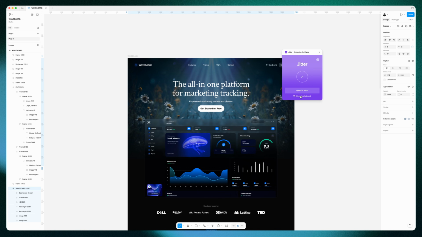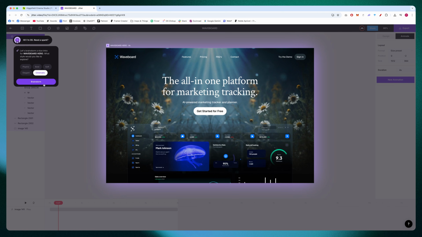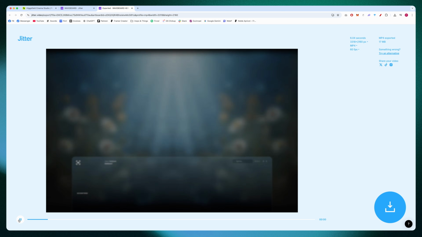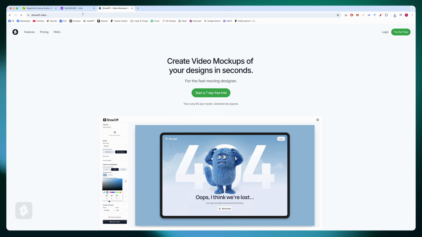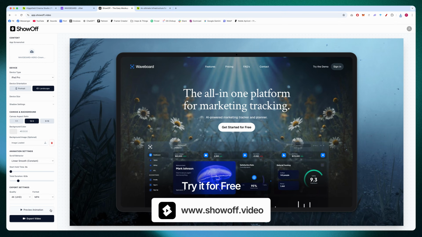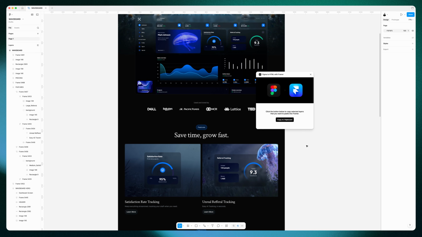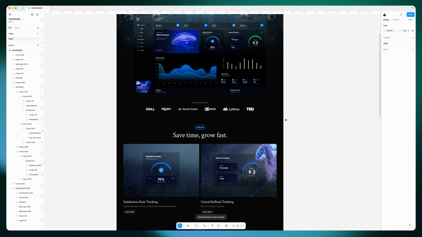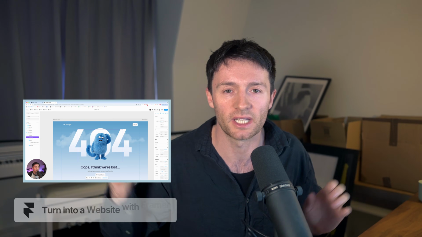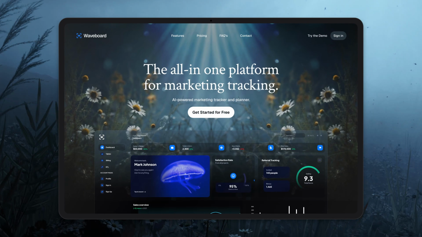Now there's 2 ways we can go with this. If you want to just take your design and show it off to the world, I'd suggest going from Figma into Jitter, and then in Jitter you can animate it, you can add in your background video, and then you could take that video and go to Show Off, and you can turn your Figma design into a scrollable mockup, which is really good for sharing online. Alternatively, if you want to turn it into a functioning website, I generally use Framer for that, and there's a Figma to Framer plugin, and I've got a video on the whole process of how to turn your Figma design into a Framer website. But there we go guys, that is how we create stunning landing pages using Figma and Higgsfield